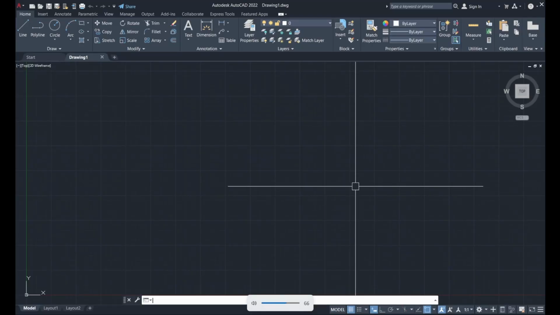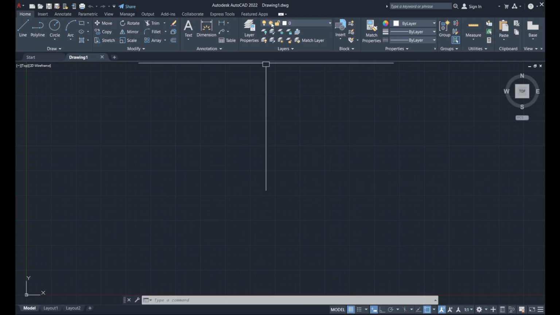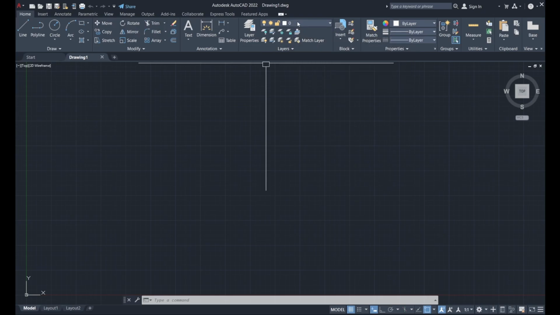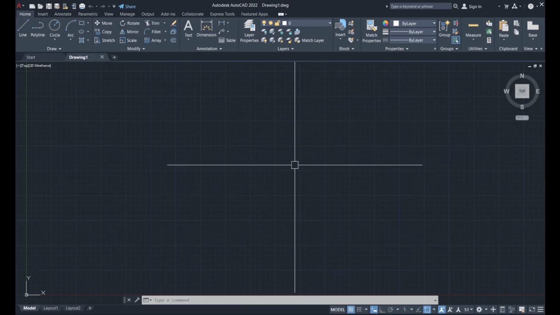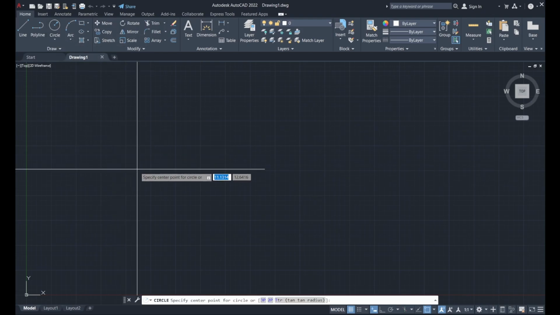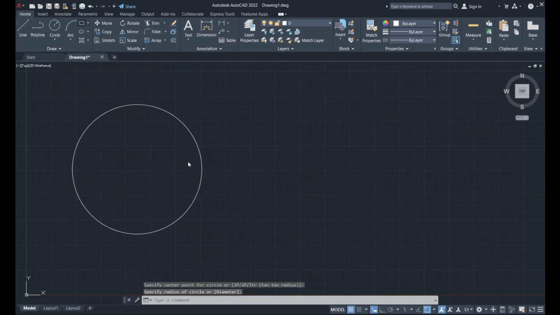Today I'm going to teach you how to use layers in your drawing. So you can find layers over here in the AutoCAD ribbon under the layers panel. If you click on this drop down, you will see that there is just one layer created by default in AutoCAD, and that's the zero layer. So if you open AutoCAD and start drawing, by default it's just going to draw in the zero layer